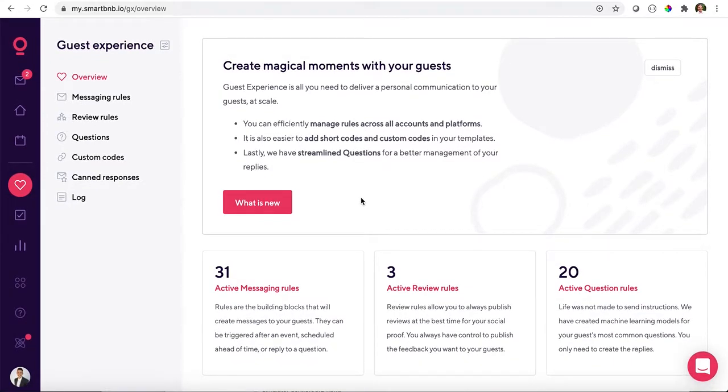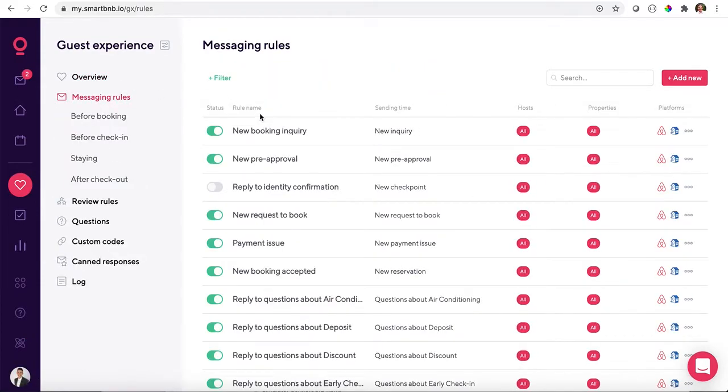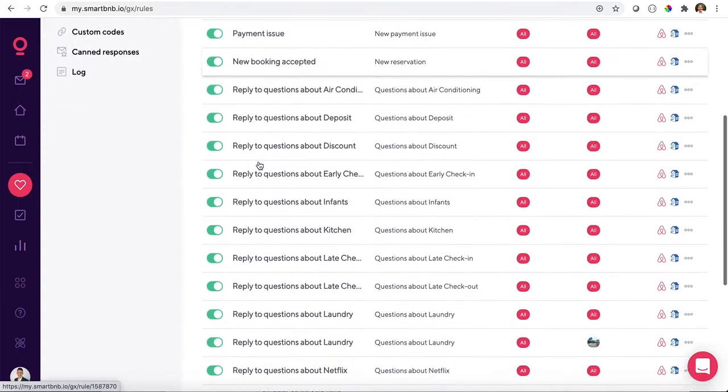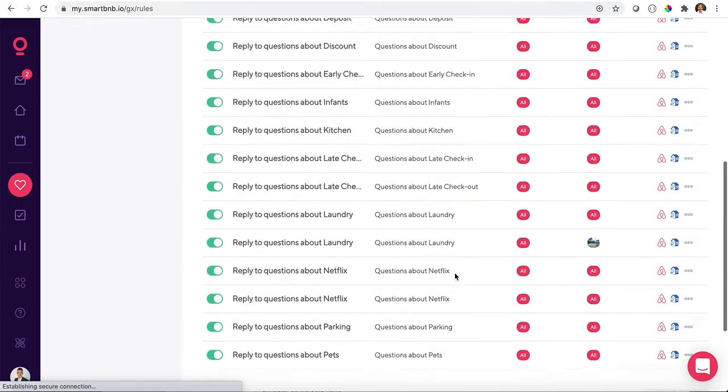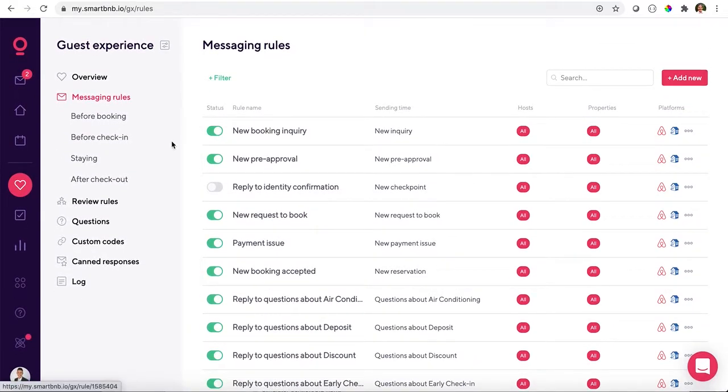So, having said that, how do all these automated messages get sent? That's done in these messaging rules. You don't have to worry about this stuff. I do all this stuff. Everything's all configured. You don't need to worry about it. The only thing to know is, occasionally you'll get